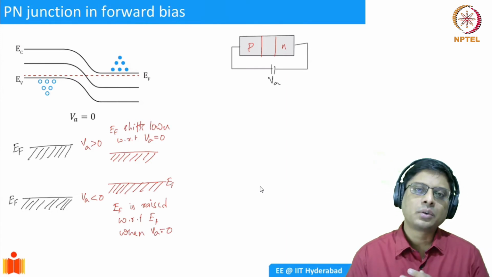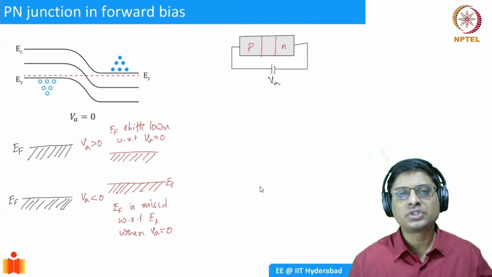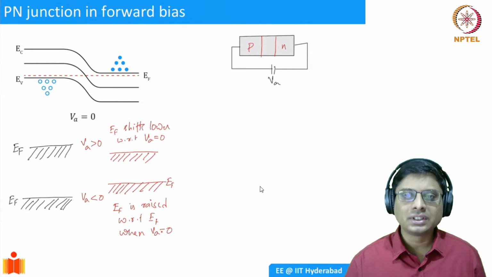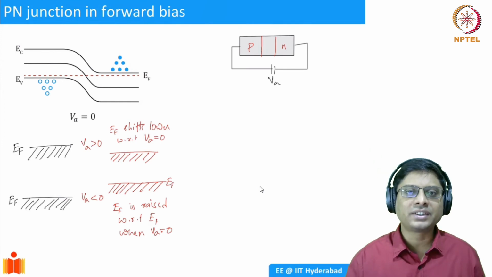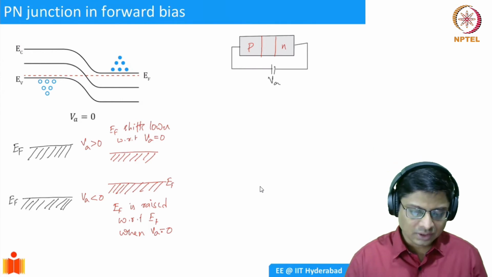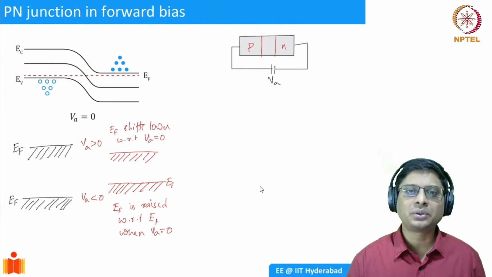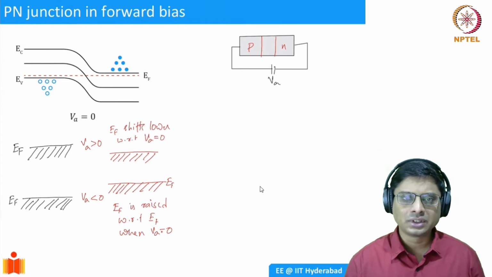So what essentially is happening is we are able to change the Fermi level up and down. And why is this reasonable? It is reasonable because connecting an external battery is essentially equivalent to taking out charges or putting in charges, right? So this is okay. So now what happens to the band diagram? We have previously seen a recipe to draw band diagrams. We'll give you an equivalent recipe now.